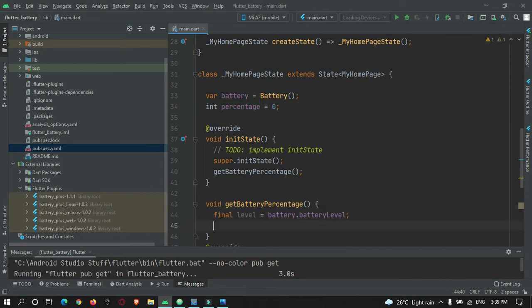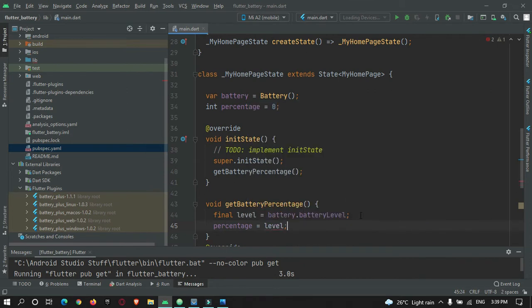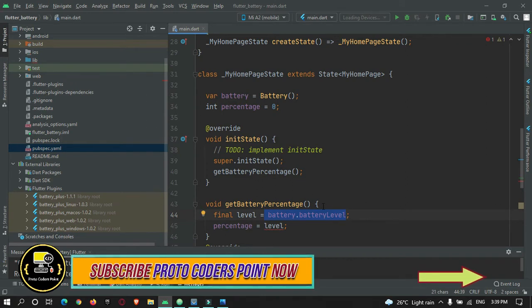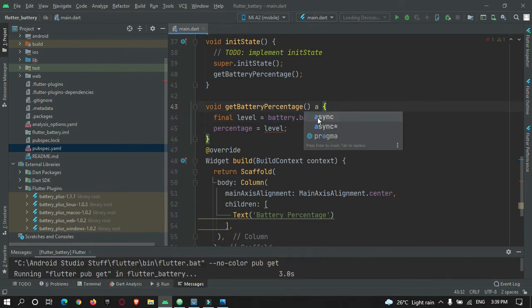Okay, so now let's assign this level to our variable, that is percentage. So percentage is equal to level. Okay, so this will give an error because this will return a future integer. So for that we must make use of async and make it await.